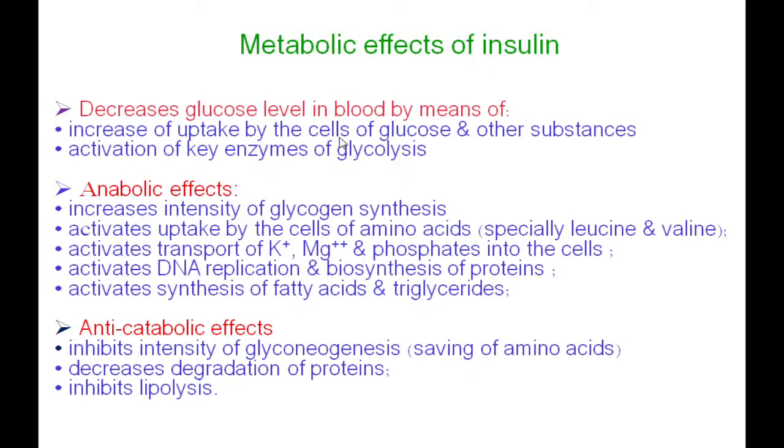First of all, it increases uptake by the cells of glucose and other substances, and activates key enzymes of glycolysis. Insulin possesses anabolic action in the cells. It increases intensity of glycogen synthesis, activates uptake by the cells of amino acids, especially leucine and valine,